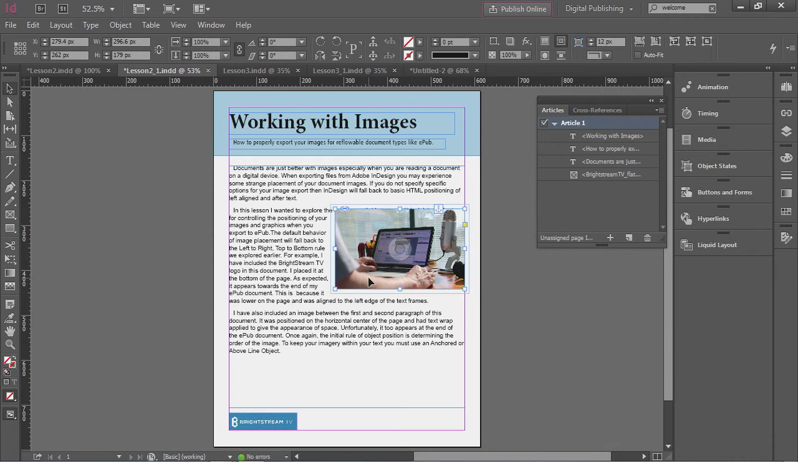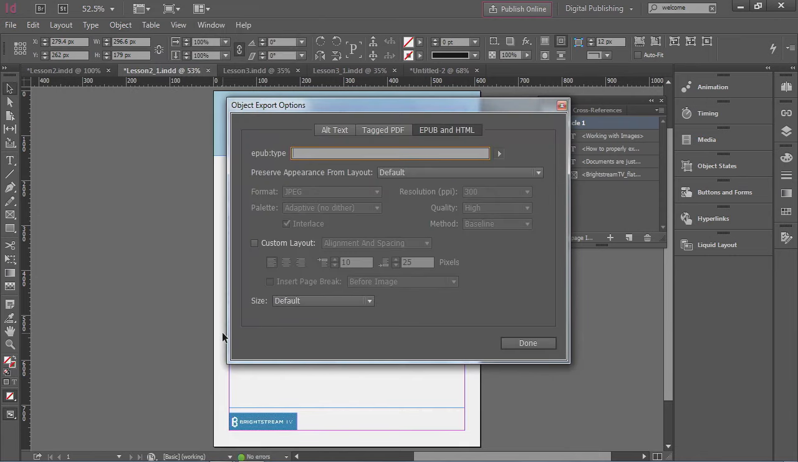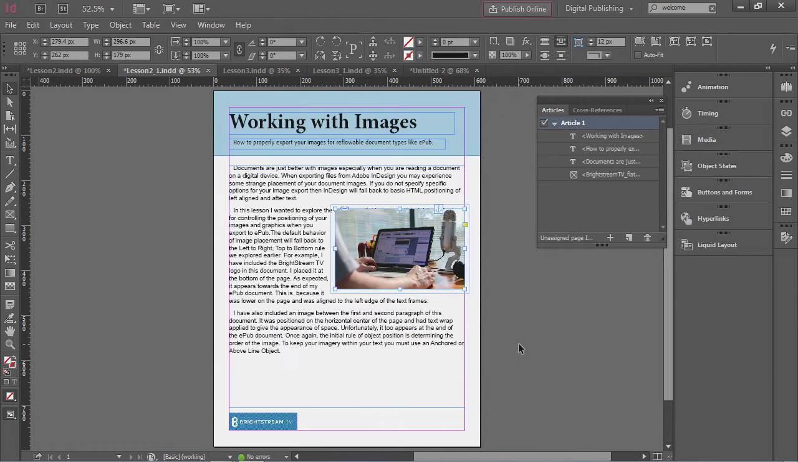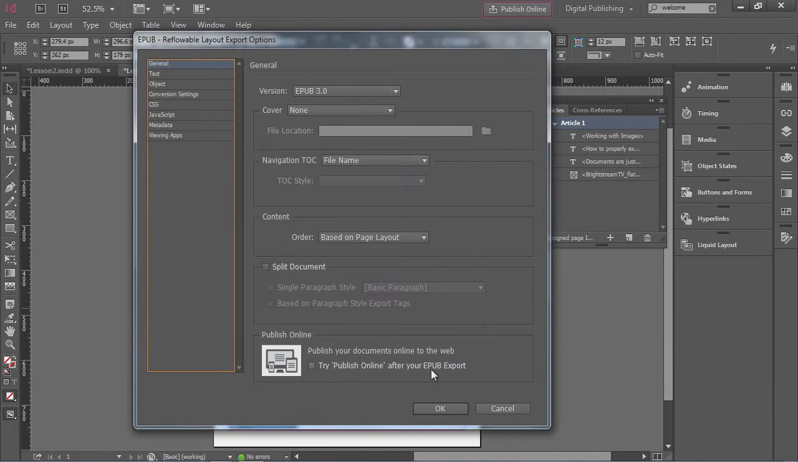So once again, back here inside of InDesign, I just need to modify the settings for this image. Now, we saw this earlier. If I go up to my Object menu, the Object Export Options, I'm going to go over to the EPUB and HTML tab there, and I'm going to choose the Custom Layout. In here, I can say alignment and spacing, or I can say, hey, float it to the left, float it to the right. I'm going to choose float right in this case. Click Done. And let's see, if I export this once again, just replacing that content,